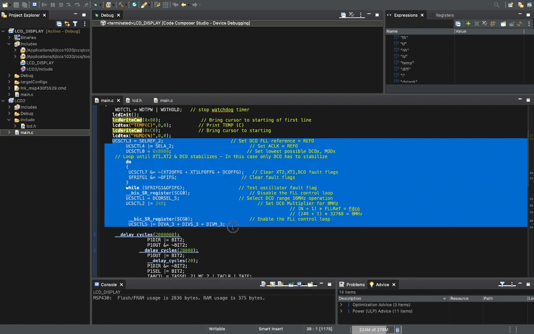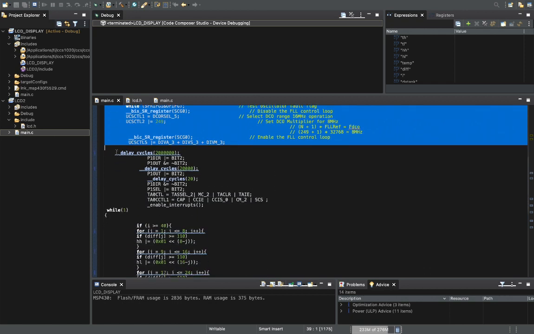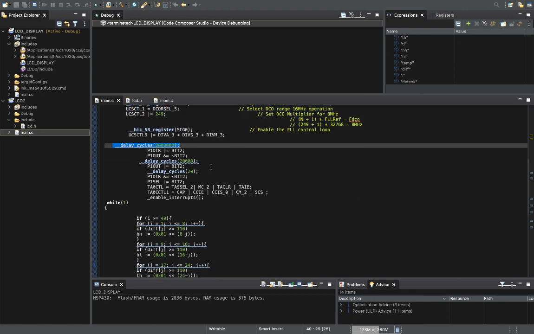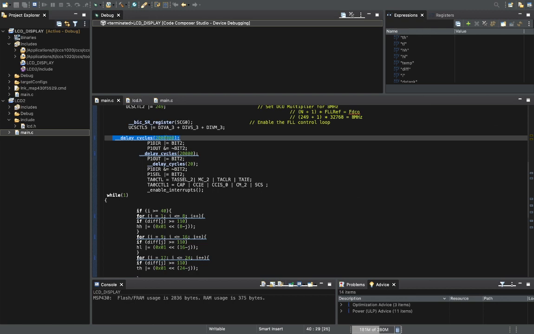Okay, and this is the code from here to here to generate the 1 megahertz clock. To select the 1 megahertz clock, this is the code. You can capture this code, you can note it down. As in our flowchart we explained, then we have a 2 second delay. You see 1 2 3 4 5 6 zeros means 2 second delay, because it is 1 microsecond for 1 count. So this makes up to 2 seconds.